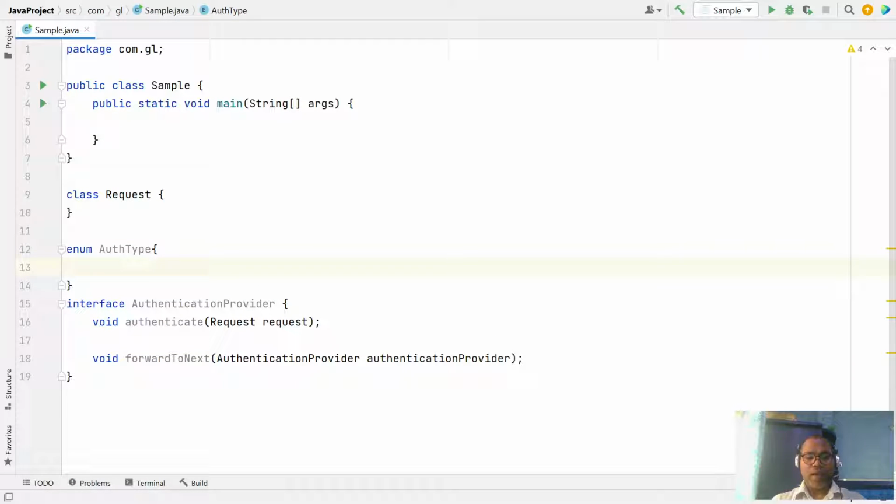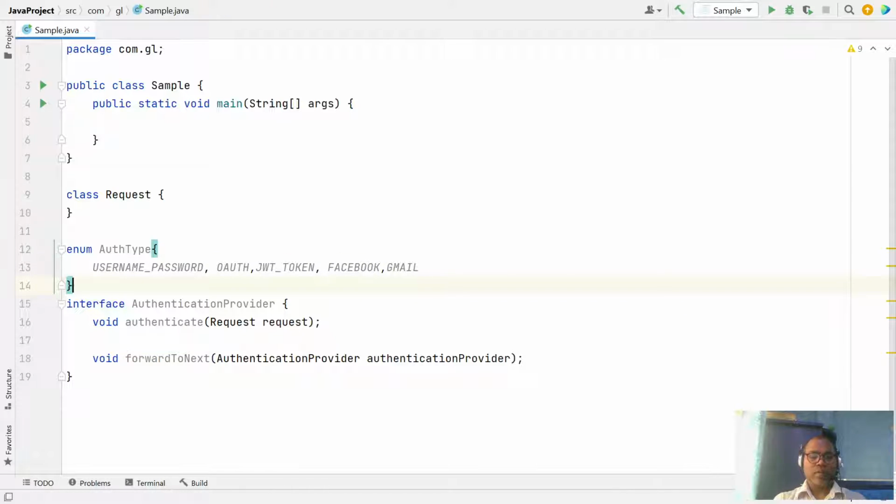Let's say we have username password. Let's say we have another auth, maybe let's get JWT token, maybe Facebook auth, or maybe Gmail, any kind of.